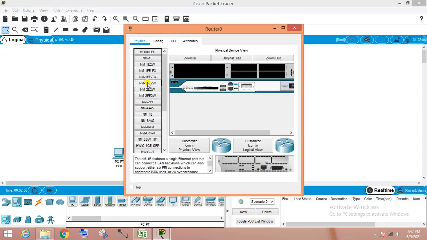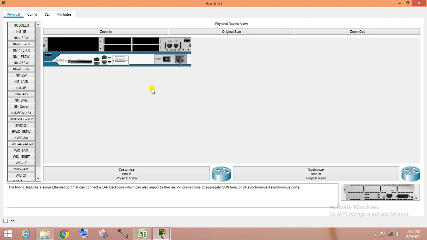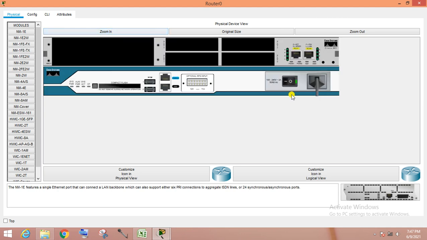First check this, the close view, the physical view of this router. You can check it. Power is there, console port is there, auxiliary port is there, these are the FastEthernet ports, but there are no serial ports. So first we add serial ports here. So just power off.